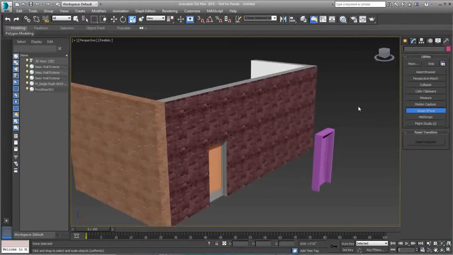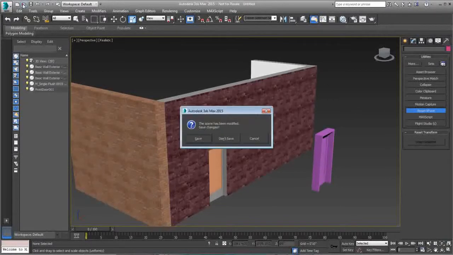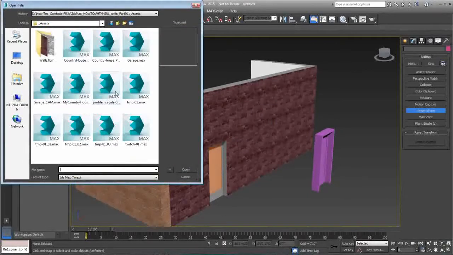I will conclude this movie by saying this. When working on architectural projects, I always set my system units to feet. It works well to define the overall scope of most architectural projects. It also makes it easier to handle Revit models if and when I need to import or link them to 3ds Max. When the transfer between the two applications is one-to-one, you wouldn't need to worry about resetting X-forms or